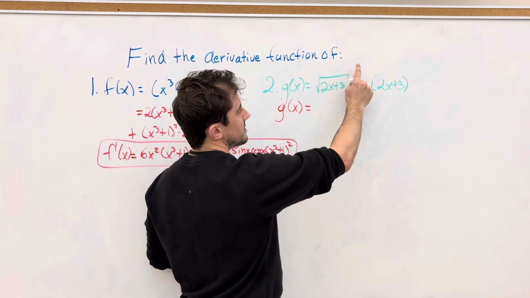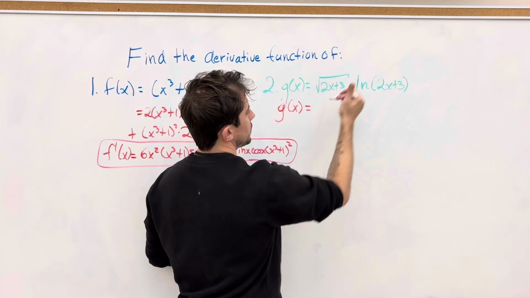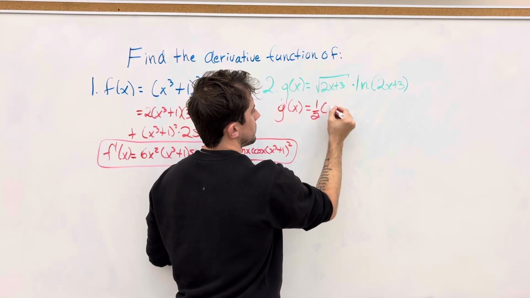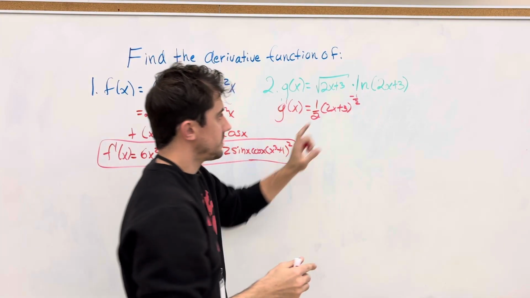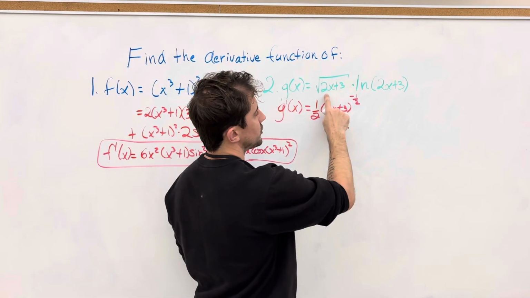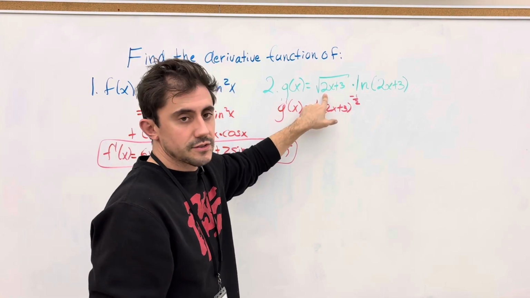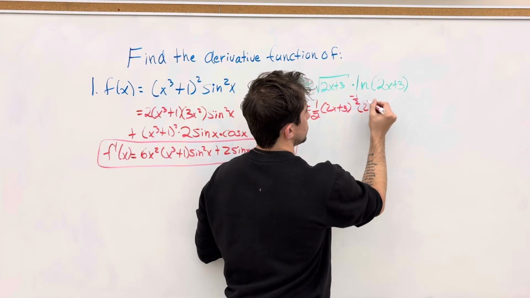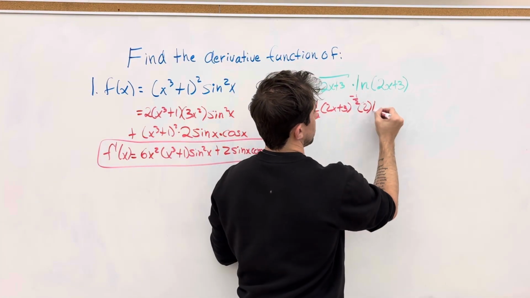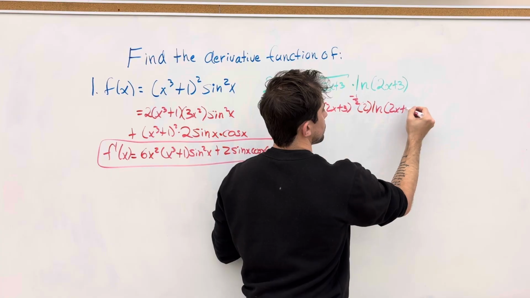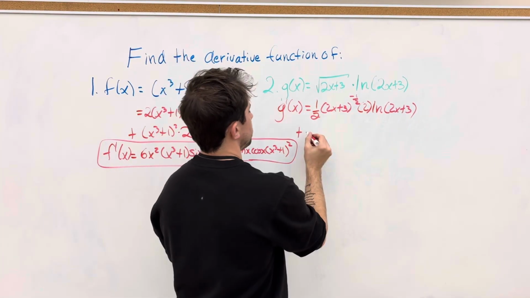A square root is the same as an exponent of 1/2, right? So by the chain rule, we get 1/2 times (2x plus 3) to the power of negative 1/2, the exponent going down by 1, times the derivative of the inside expression. The derivative of 2x plus 3 is just 2. So all of this times 2 times the second part. So times the ln of 2x plus 3